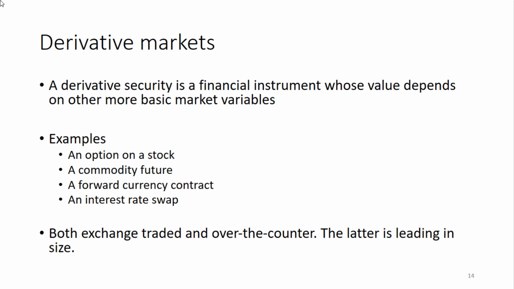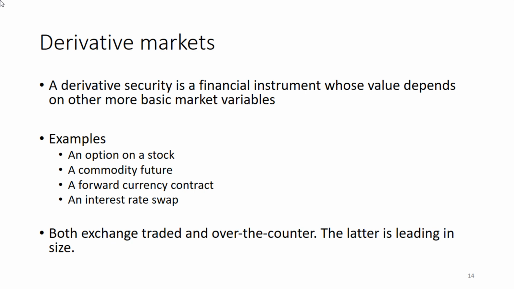So think of an option on a stock. An option is a derivative security because the value of the option is to a large extent determined by the value of the underlying stock. So for example, you take a call option on Philips, then the stock Philips could change in value, and because the stock of Philips changes in value, also the call option on that stock will change in value. So the value of the call is derived from the value of the stock.